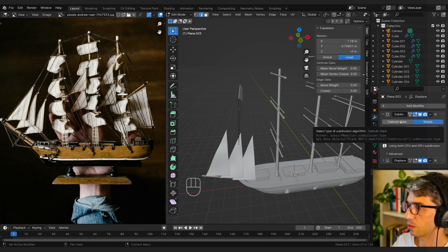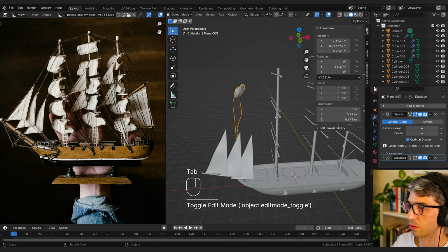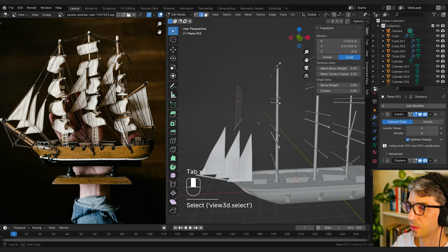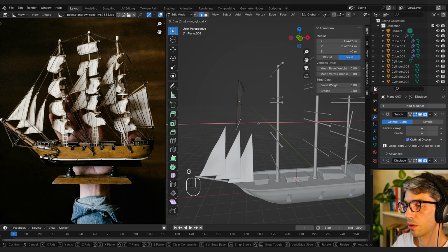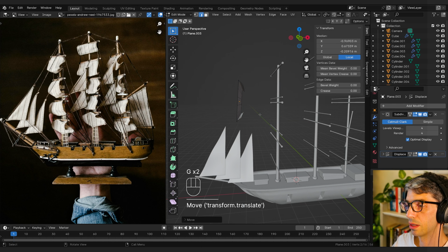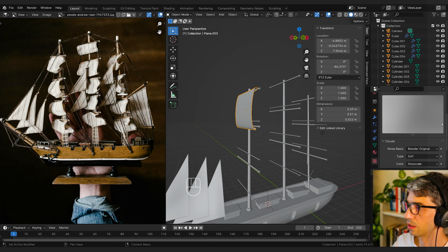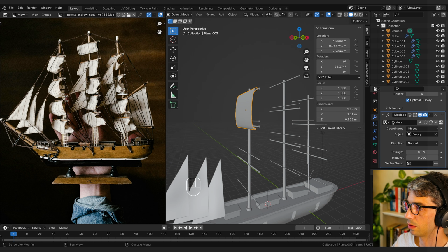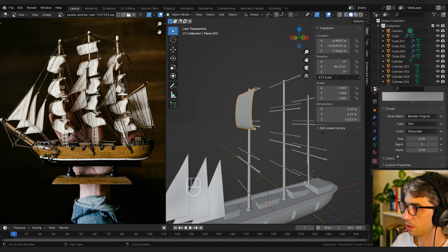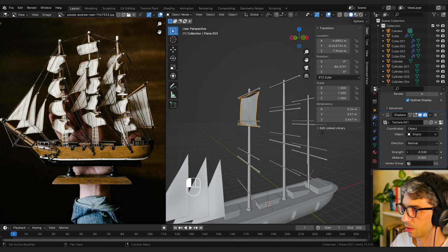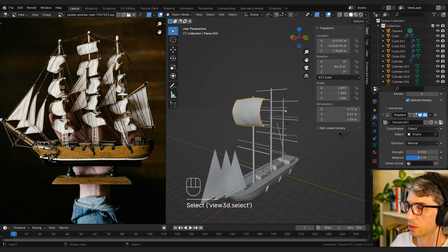We might set this one to Campbell Clark so it actually rounds things. And this one we're going to grab X, grab Z. I think we need a different texture for these guys. I'm going to pop down here to the, actually no, up here, I'm going to click on the 4 here. So create a new texture for this guy. And I can make this one smaller. I think that'll give us a better result. We can do a bit more with it. Right, so I'm going to Shift D,